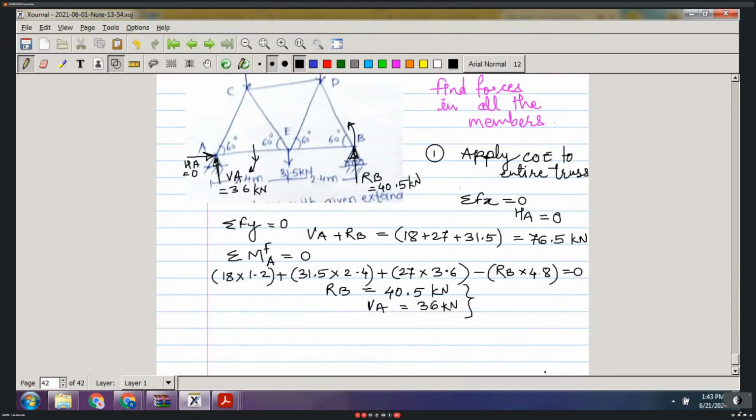Okay, this is my first step. Now the second step. This is a very lengthy problem, it takes a lot of time. Now it is asked to find the forces in all the members. The second step is, just write down some theory. Isolate one by one all the joints of the truss